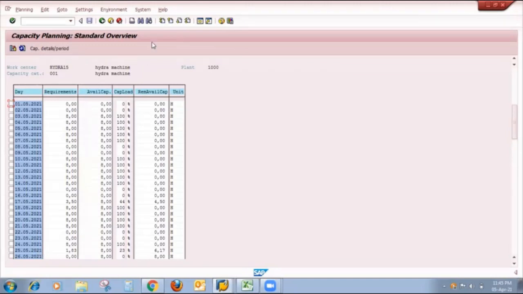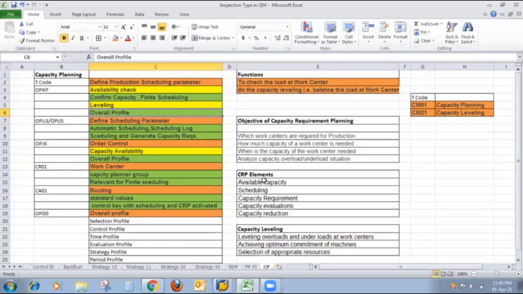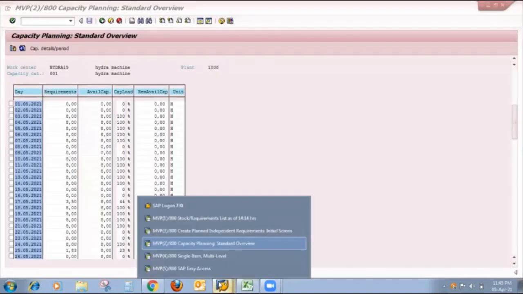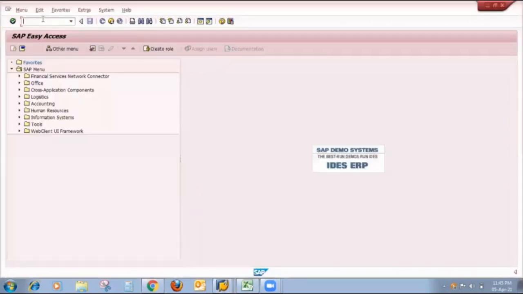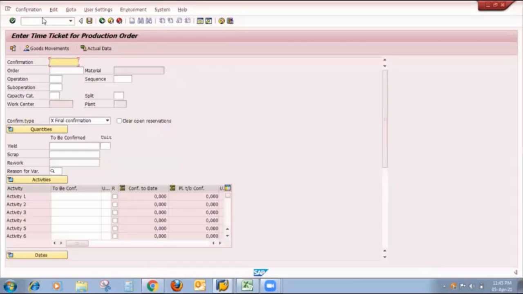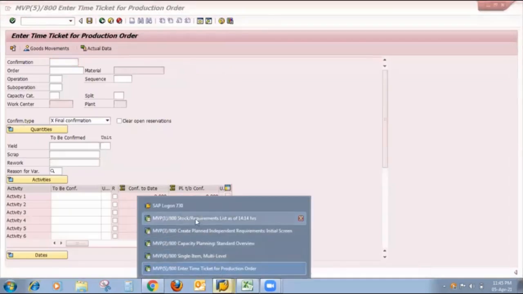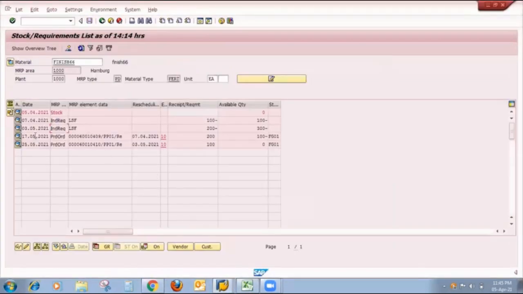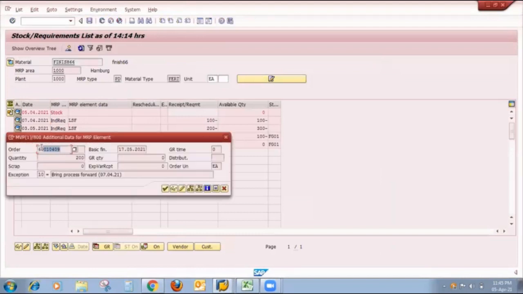Now my next step is to do confirmation, capacity confirmation. And once I confirm operation, I will show you how this capacity reduction will happen. So this is one of the important elements, capacity reduction. So now my next step is to do confirmation. The T code of confirmation is nothing but CO11N. Here, friends, I put my first production order. My first production order is nothing but